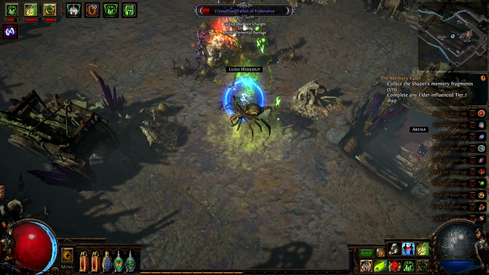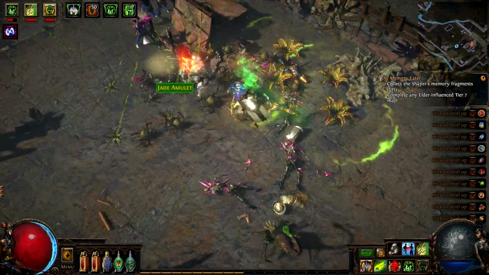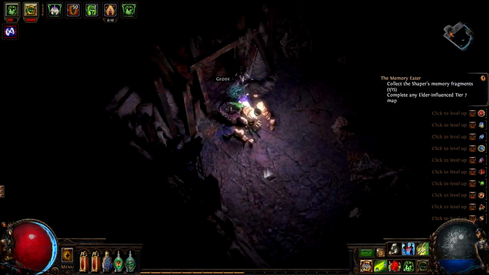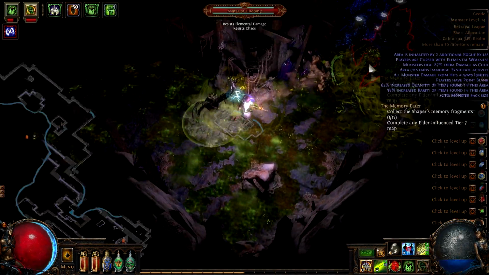Yeah. Champion groups over here. Ooh, a mineral pools. That's a tier 8 map. Nice. Glad I just stuck around here and ID'd that item. Wouldn't have run into that champion pack just then. Though I probably would have come back out and found them, but let's try and, oh, got the mobs over